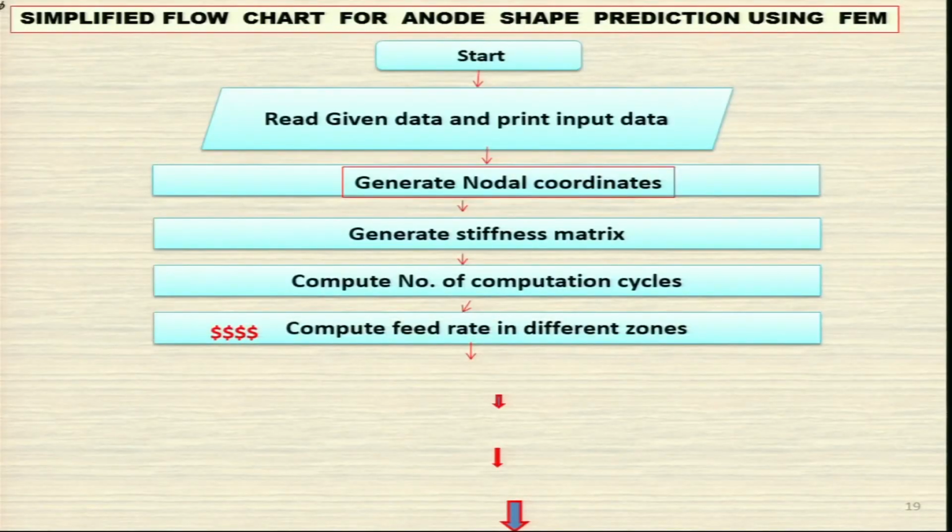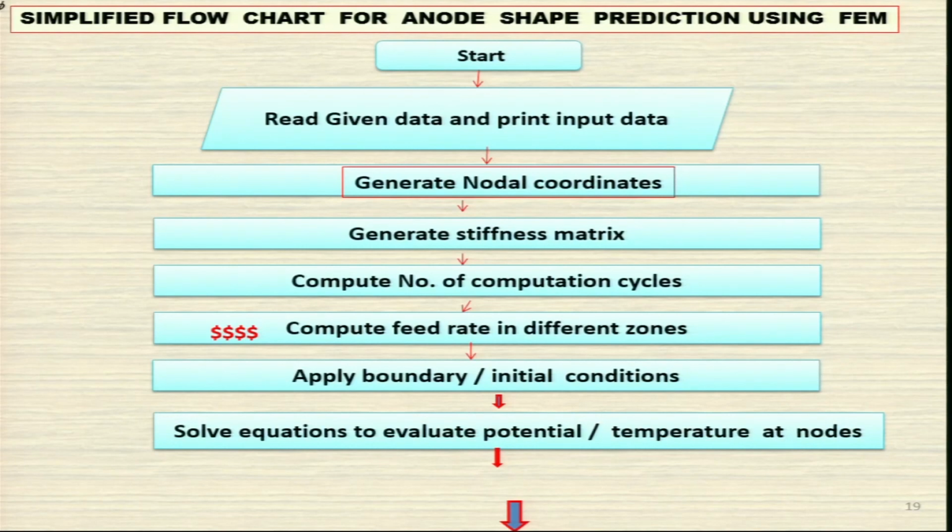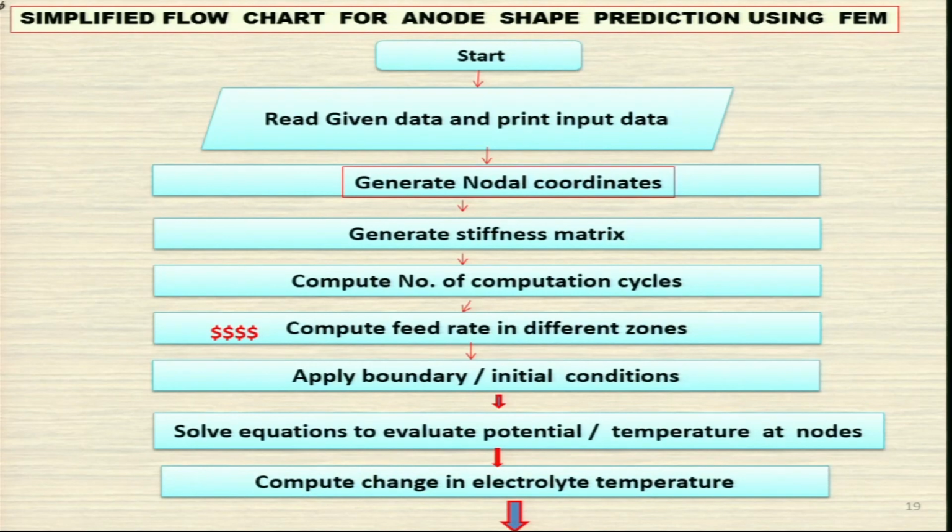Compute feed rate in different zones, this is very important. I have told you that the workpiece surface does not remain straight or vertical, it becomes inclined. So, at different points feed rate will be different. So, accounting the cos theta, or theta angle of inclination, you should calculate the feed rate. Apply boundary or initial conditions, solve the equations to evaluate potential temperature at nodes, compute change in electrolyte conductivity due to the change in the temperature,